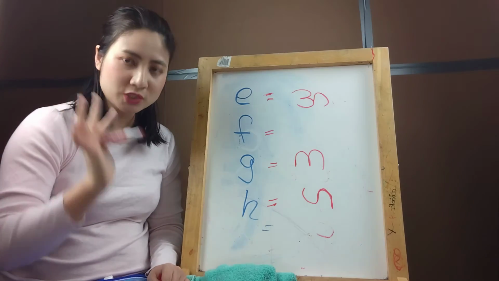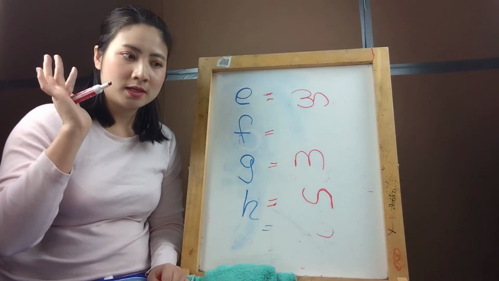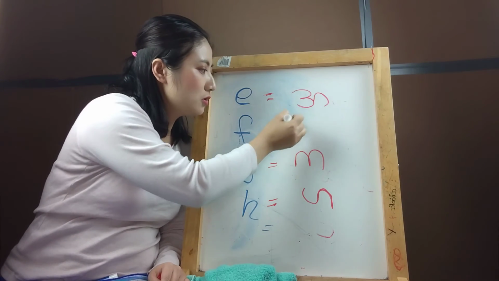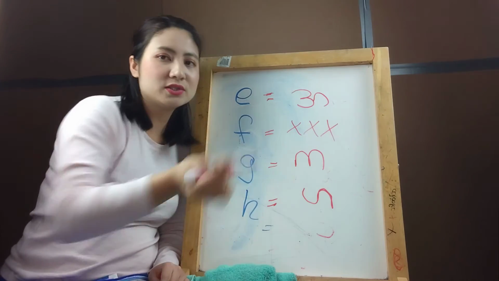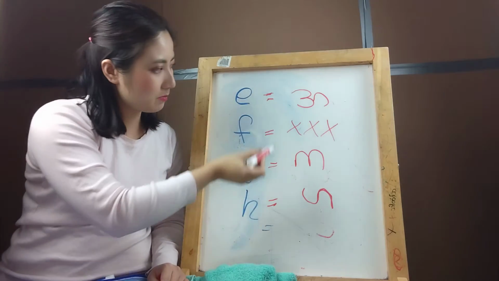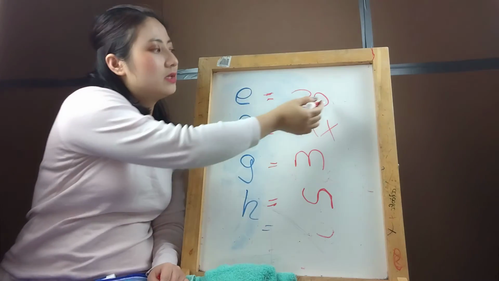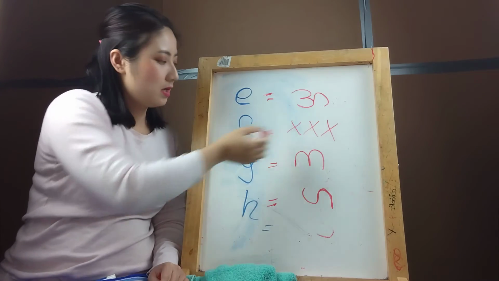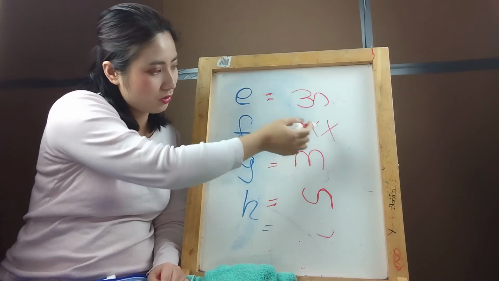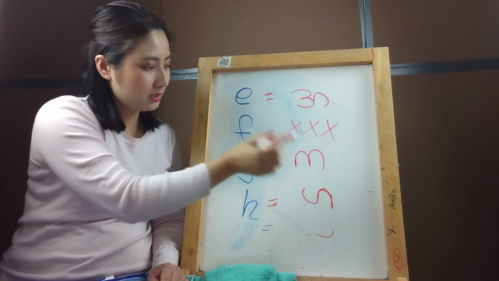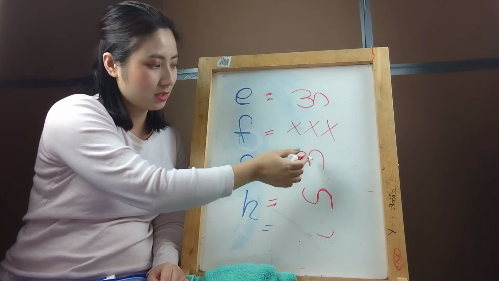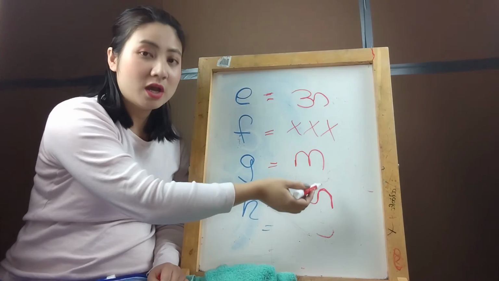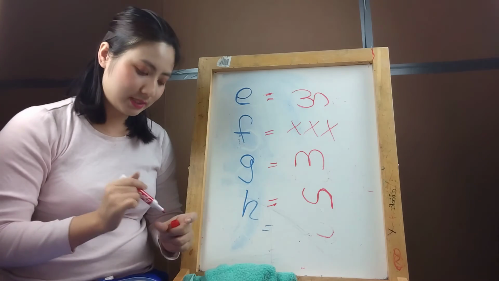We have vowels, and then we also have consonants in Korean. Okay, there is no F sound. There is no alphabet for it in Korean, okay, so we have to remember that. So we have E. This is the alphabet in Korean that makes the E sound. And then F, no alphabet for F. G, this is the M, it makes the G sound. And then H, we have ha. So if you remember this, it will be easier.